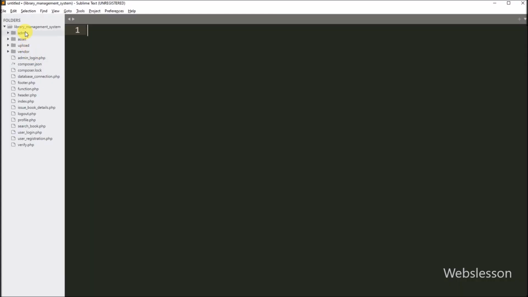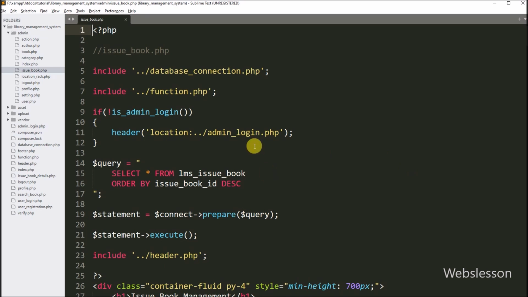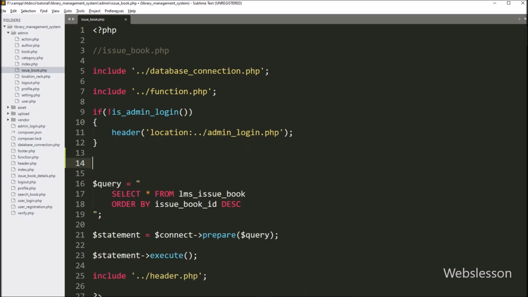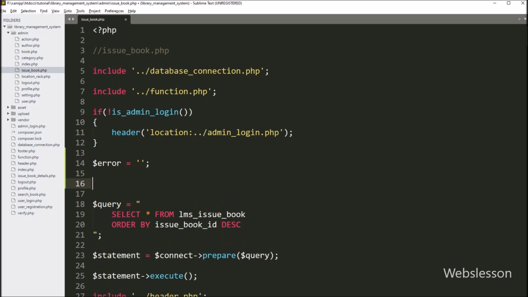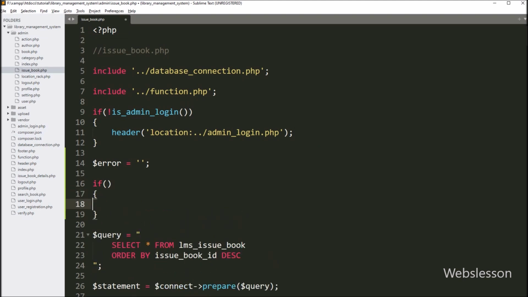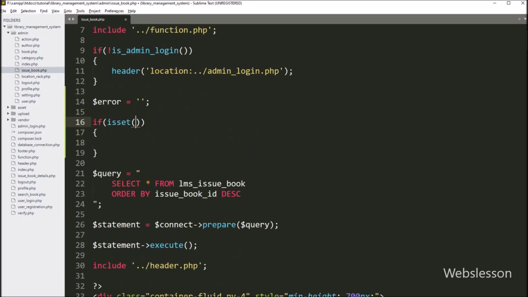Now for issue new book to user, we have to first go to issuebook.php file. And under this file, here in PHP code, we have to create $error variable is equal to blank value. And below this, we have to write PHP if statement, and under condition, we have to write PHP isset function, and under this function, we have to write $_POST issue book button, so if this condition is true, then it will execute if block of code.